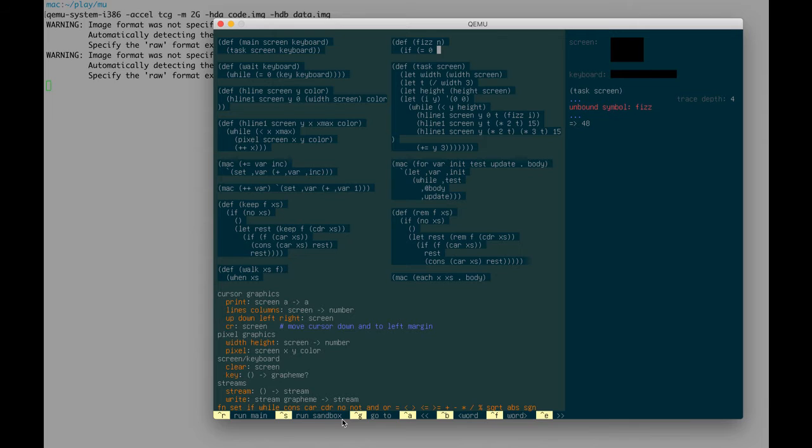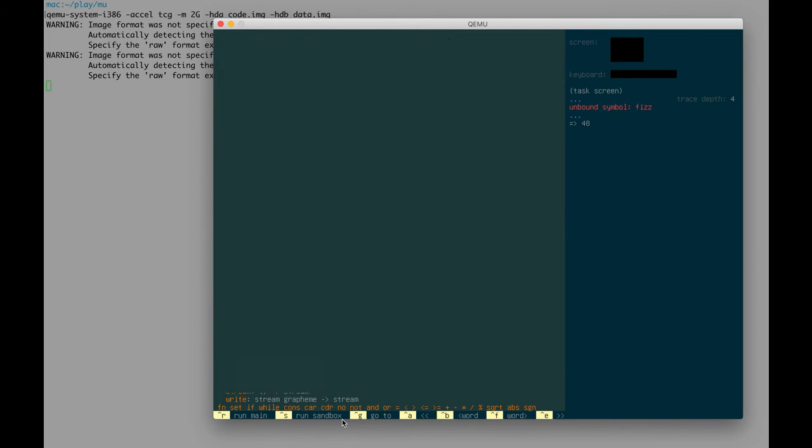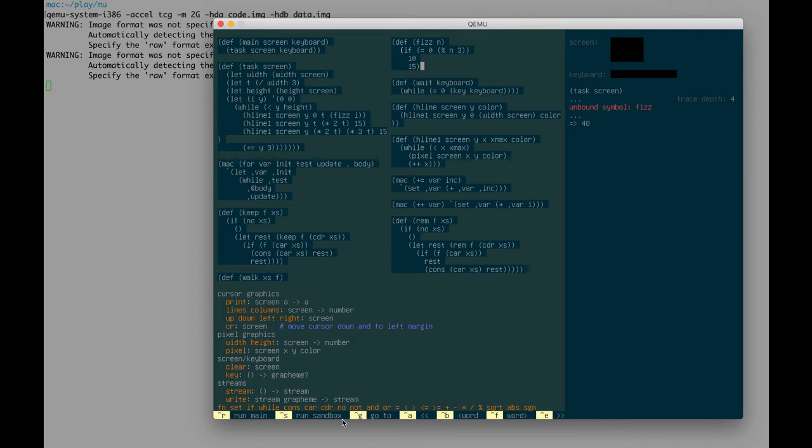If the remainder with 3 is 0, we'll pick a color at random, and if not, we'll go to 15 as before. 15 is white, 10 is, I believe, a greenish sort of color. And so,